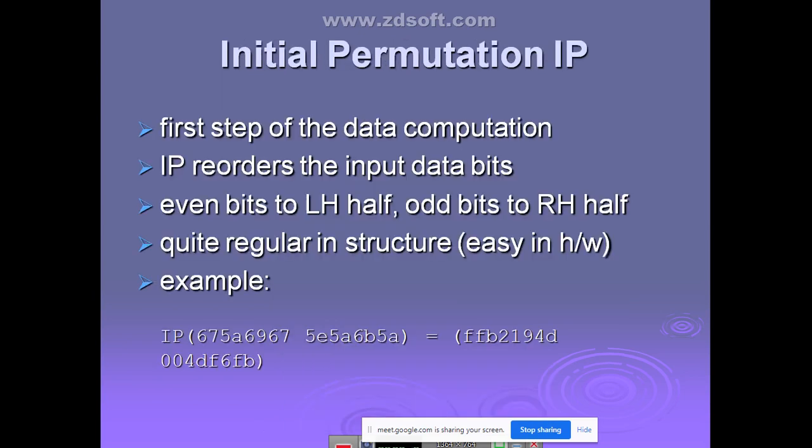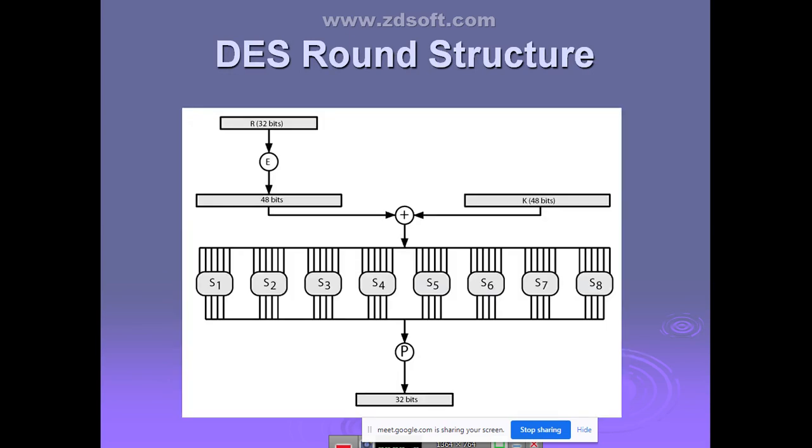Then we have seen how exactly the DES round structure looks. It is going to take, in each round, the data on the right-hand side, which is 32 bits, and that will be sent to the expansion table. So it is going to convert that 32-bit data into 48 bits. How exactly is it going to do that? How the expansion table works, we have seen in the last class. Have you remembered that EFGH example I have given? Have you remembered that one?